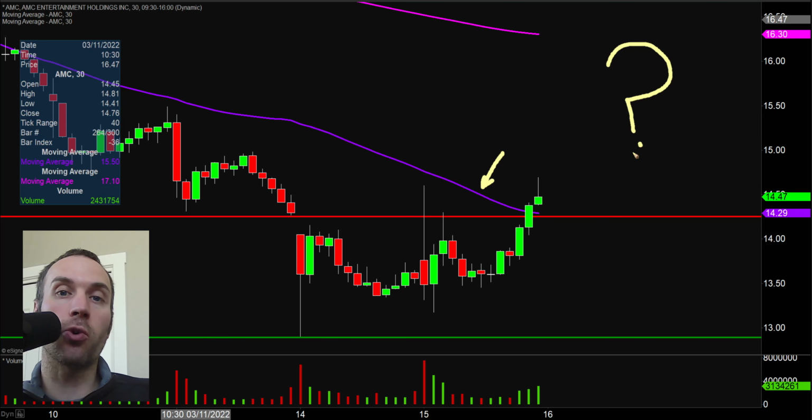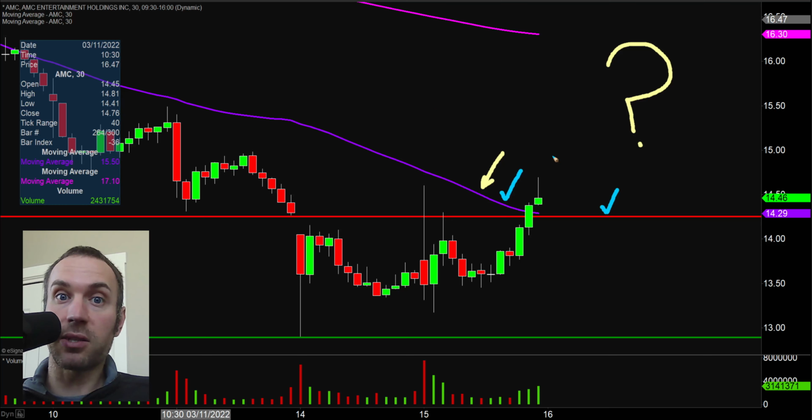Now think about that question. In order for me to even ask that question, something significant needs to happen in the first place. And we got two very significant things, right? As I've already mentioned, got above the red line, got above the purple line. Does it mean it is the start of something bigger? No, because of course that would imply a guarantee. But is it something that should be watched? Is it significant? Absolutely, and that's the whole point of a